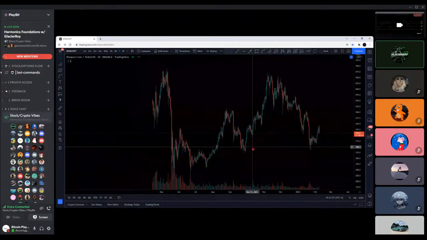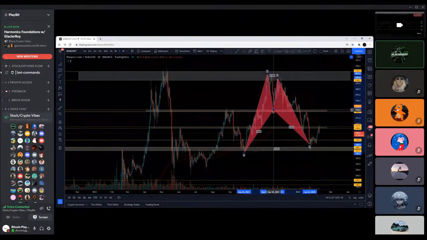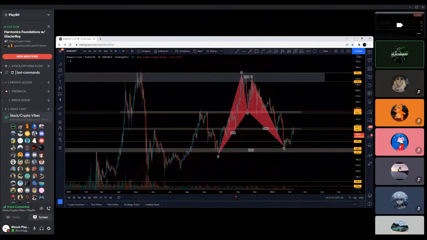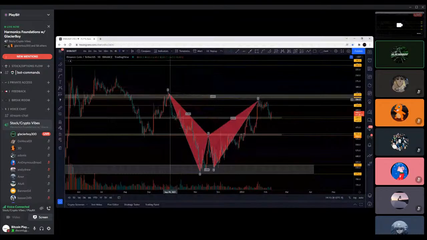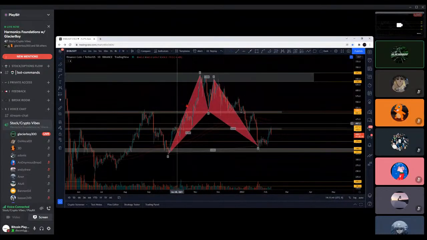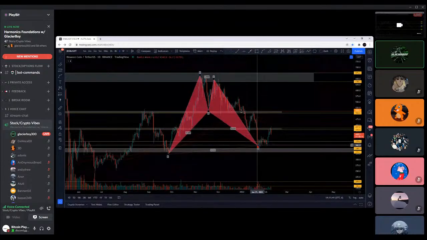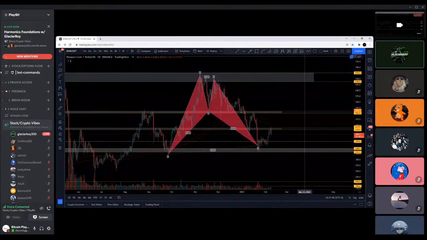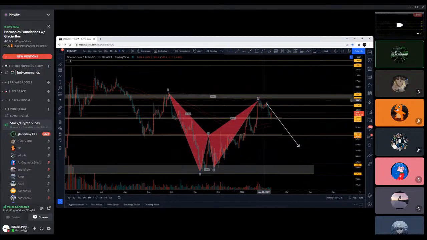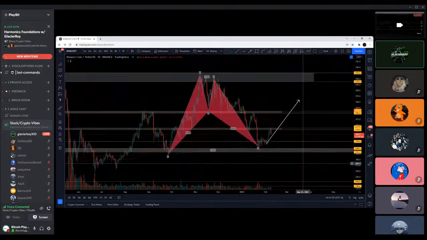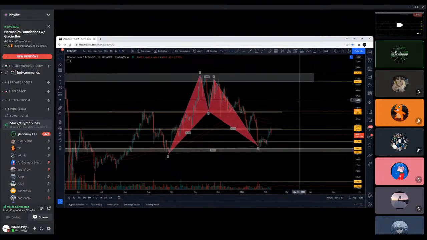So going into BNB, let me just delete this because this is what I'm talking about. If you've never seen a harmonic pattern before, it's this right here. It's this pink M-looking structure. And here I'm going to flip my chart, and then you might see W-shaped ones, right? M's are bullish because you get a reaction at the bottom to then get a reaction to the upside this way. Unlike W's, you hit a certain amount of premium from this previous swing high, and you get a reaction to the downside. But going back to the beginnings of it,